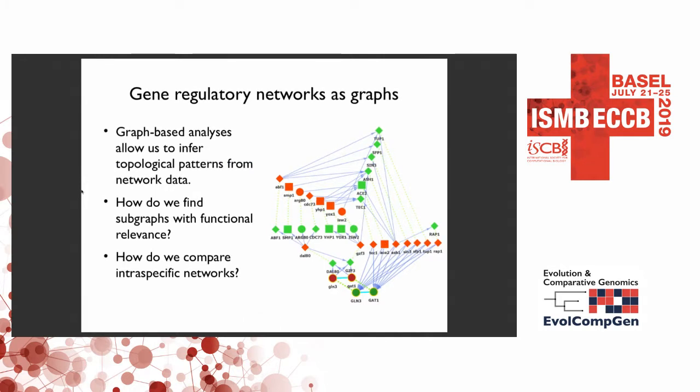Graph-based gene regulatory networks are greatly beneficial for analyzing gene regulation, because they not only allow us to visualize the data, they also allow us to infer various topological patterns in this overall network data. The only question is, how exactly do we find subgraphs with some kind of functional relevance? And how do we find them within the